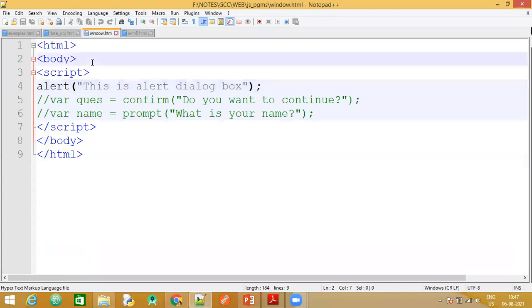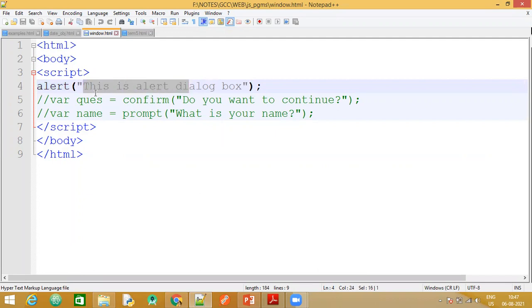Again, directly in the body section of the HTML code, the JavaScript tag is included. Now I have commented 2 of the things here. Let's have a look at the first one. The first one is the alert keyword or the alert function. The alert function, as per the syntax, just takes one parameter. The parameter is your message.